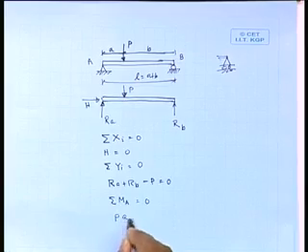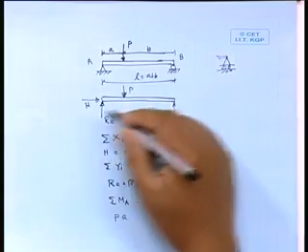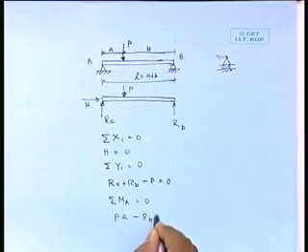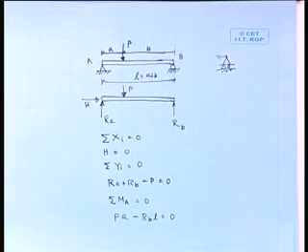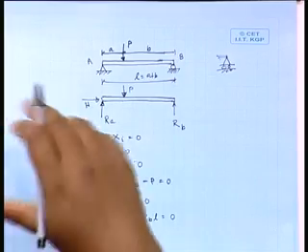P into A, that will give a clockwise moment, and R B into L, it will give anti-clockwise moment. So, minus R B into L, that will be equal to 0. As we are taking moment about A, your H and R A will not come, because that force into distance is 0, automatically it will cancel. So, from here we will get R B equal to P A divided by L,